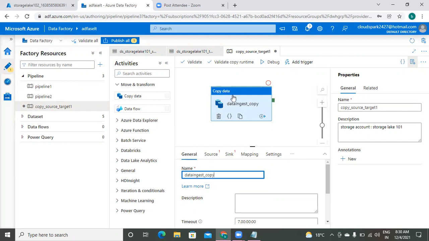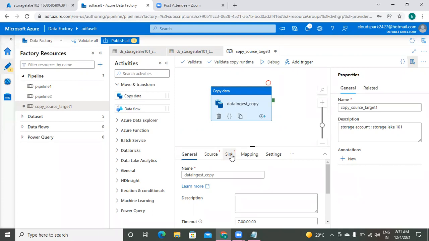Got it? Okay, sir. Look at these options. In General, you are just giving your name. There are two things, source and sink. Understand? Source means input. For the input, we already have one data set. Sink means target.